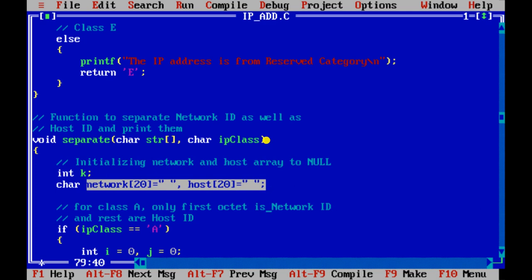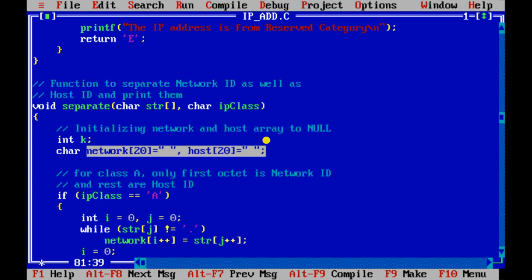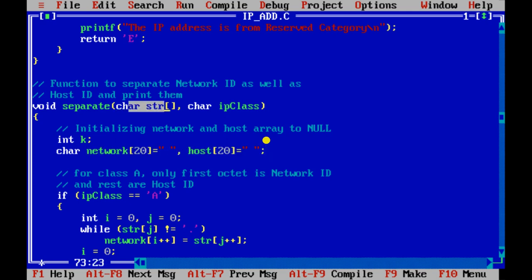Then if the IP class is class A, along with the IP address its class has also come here. So if it belongs to class A,